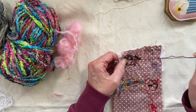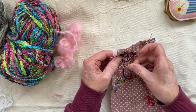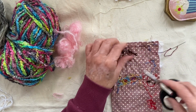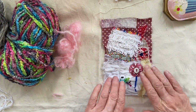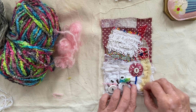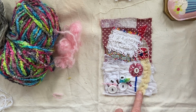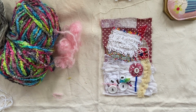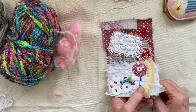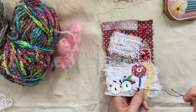So I'm going to have a little look and see what I can find to put along that gap that I've got that I don't like. And then I'm going to just put flowers, I think, along there. Let's grab this. See what it'll look like with some flowers. I don't know. Let's just do